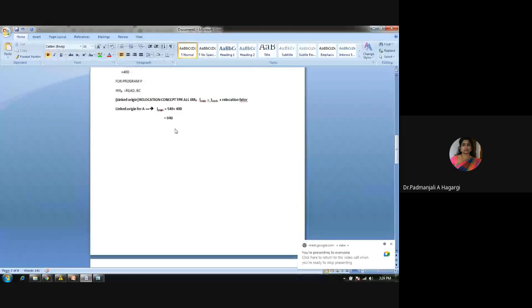Now the linked address or linked origin for loop is equal to